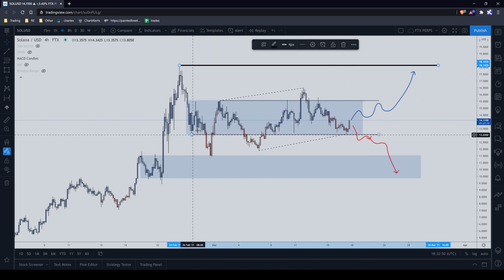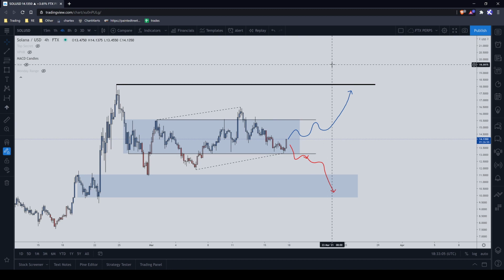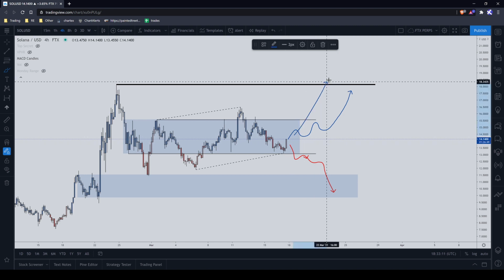For me, this is an accumulation area right in here, and this was a good area to start accumulating a long position for yourself. Anything in here was a good entry for what I expect to be an expansion up out of here. Now, it is very possible that we expand out and pull back again,